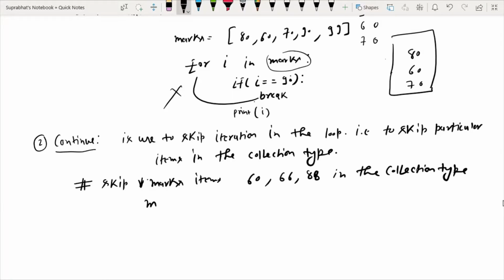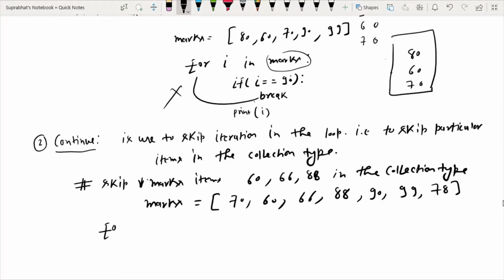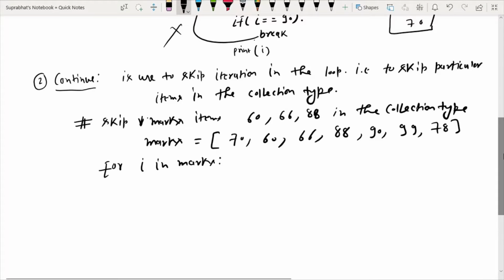So our list is of type marks, in which we have given 70, 60, 66, 88, 90, 99, 78, like this. Now when I display it like this, for i in marks, here again I will give a condition. It will also work based on a condition. If the condition is satisfied, then it will work. So I am going to give the condition, if